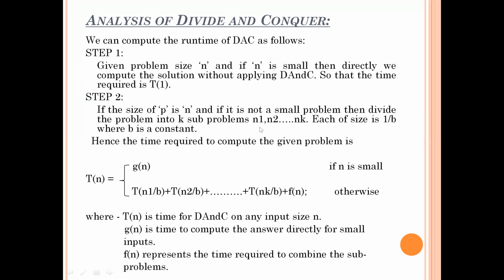What does it indicate? For example, suppose your problem is sorting of numbers. If n is equal to 1, then we can say that the problem is small. Why are we saying n equal to 1 means the problem is small? Because if you have a list of only one element, can we say that it is in sorted order? Yes, we can. So in that case, we say that T of 1 is equal to 0, because it is already sorted, a constant time.